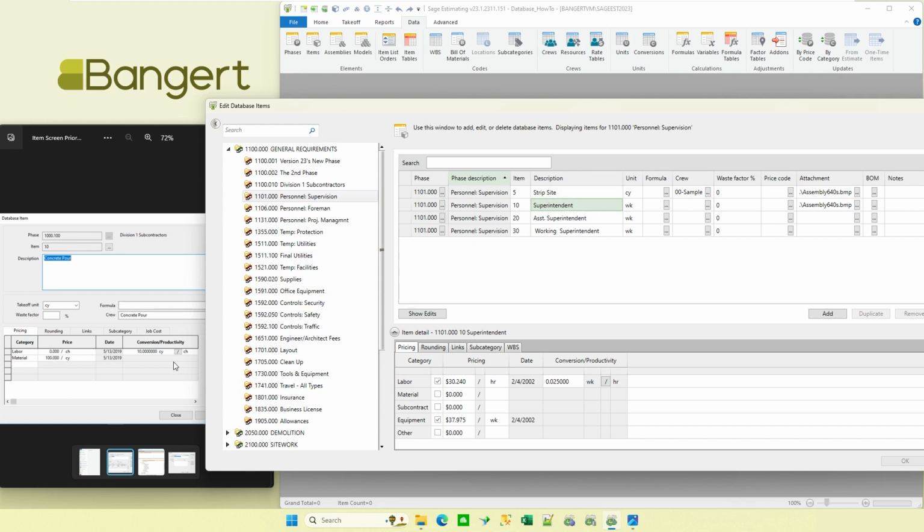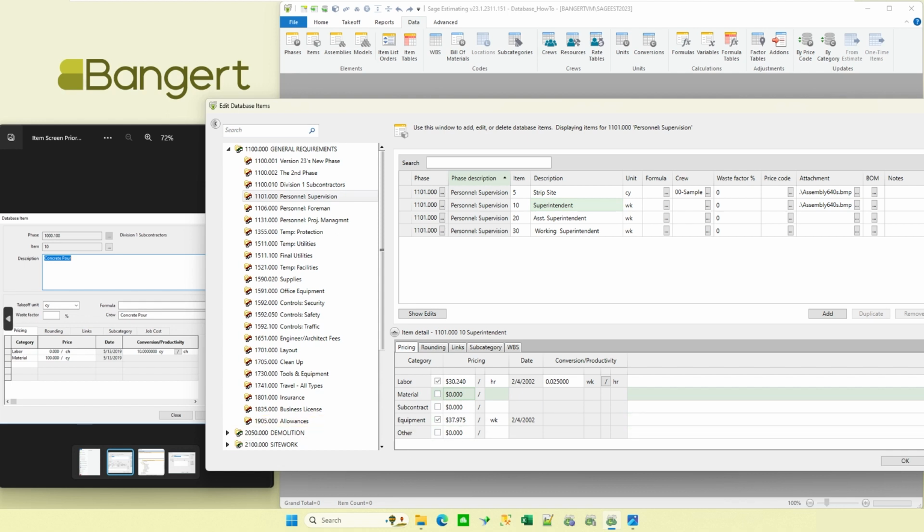Down here, because there's so much different stuff going on, they've held the same look. I can see labor, material. In this case, they show all the categories and you just put a checkbox where you want it. One of the things some people had trouble with is that on the old version, you had to go down to this space and click on it, go to a drop down, and it wasn't very intuitive to know to do that. So this is nice because I could go through and say, oh yeah, I want material 2, and then throw some dollars at it and so forth. And you see all the categories in front of my face as I'm making these modifications.